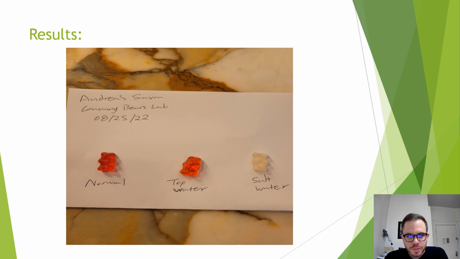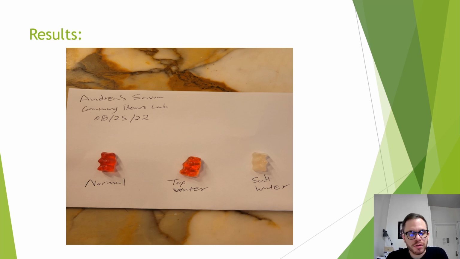The results of the experiment: we placed both gummy bears in two different solutions, and we let them sit there for about 7 to 8 hours. In the first picture, we see a normal gummy bear. In the second, we can compare the two gummy bears, the tap water gummy bear to the normal gummy bear. We see that the tap water gummy bear is a little bigger than the normal gummy